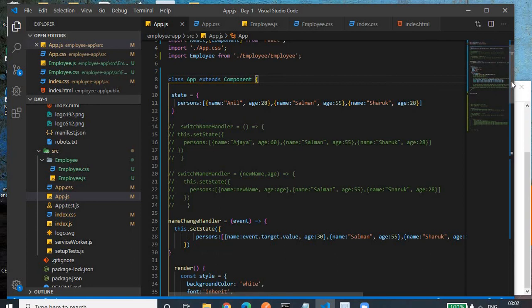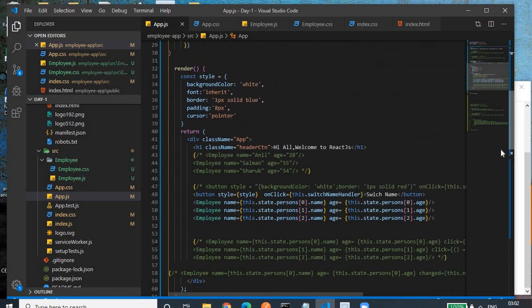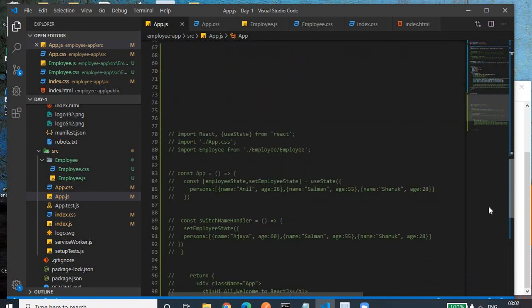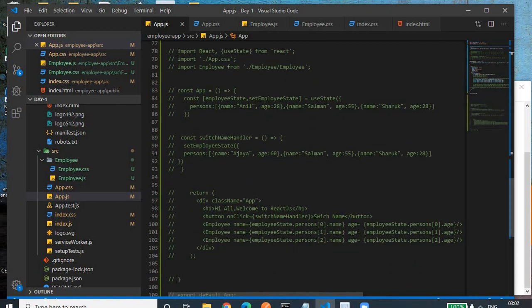And I forgot to mention that in the function based approach, we are using the useState function, which returns an array. This is the state and this is the function for updating the state. For accessing the state, we have to use employeeState.person, and then the index.